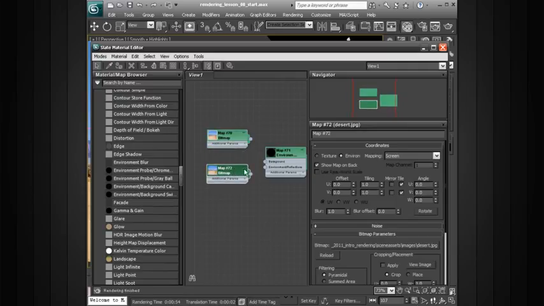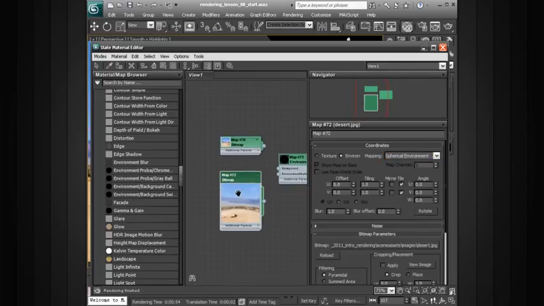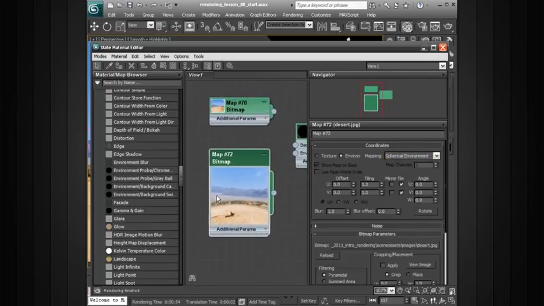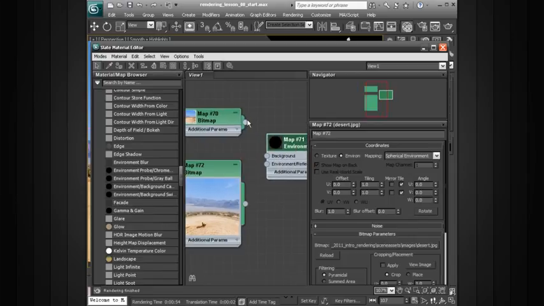Let's double click on this, and now for this bitmap, I'm going to switch this from screen to something like a spherical environment. Now if you look close, you can see now where this image is no longer just a flat image that's going to be projected onto the screen. It should now be wrapped spherically around this environment. So let's take our screen image, we'll plug this into the background, and now we'll take this spherical environment map and plug this